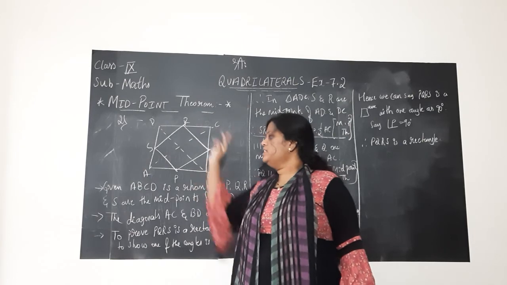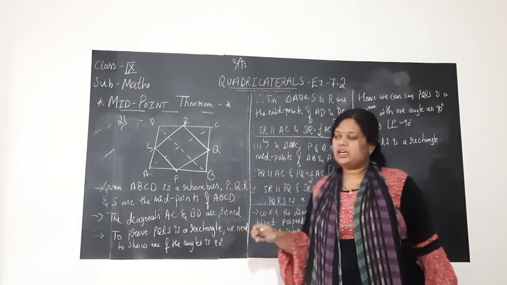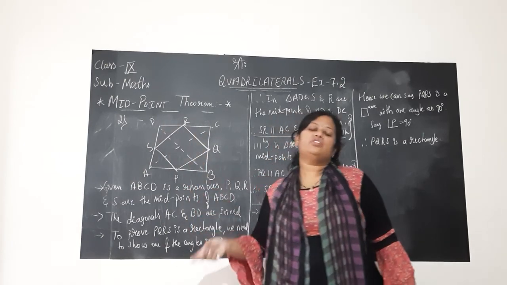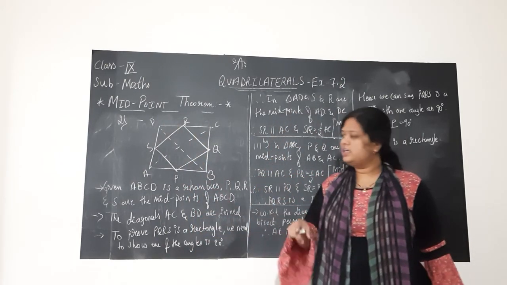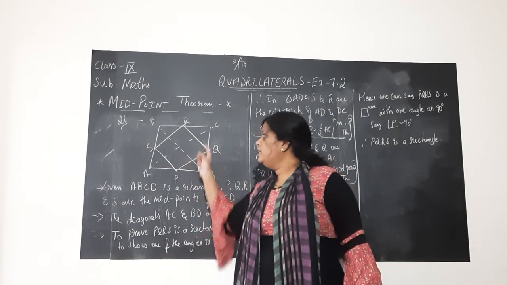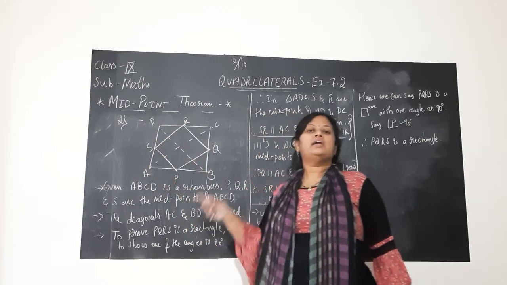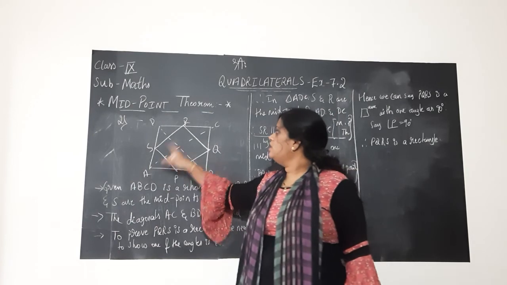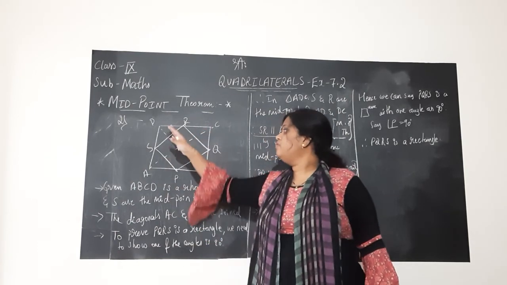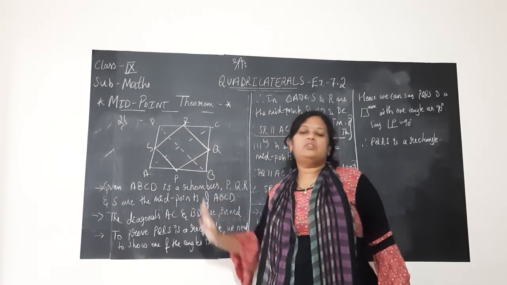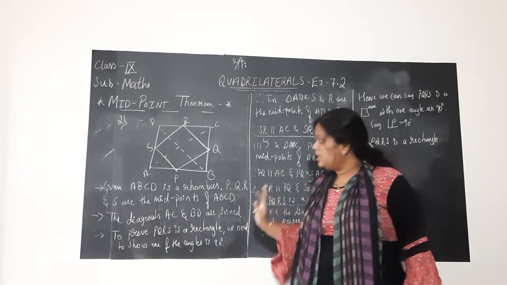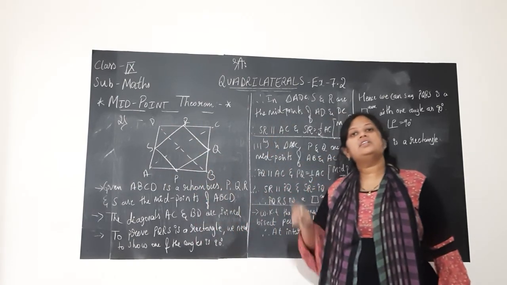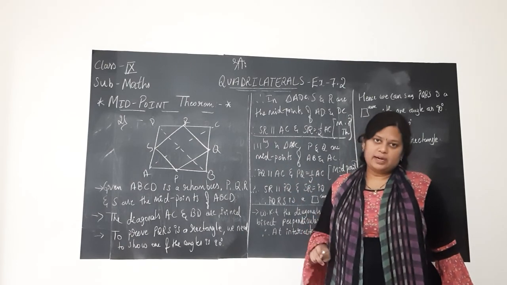Now ABCD is a quadrilateral, the same thing as we explained in the previous problem. P, Q, R and S are the midpoints of the sides AB, BC, CD and DA of the quadrilateral. In turn we got one more new quadrilateral inside, PQRS. And AC was the diagonal which we drew there, which divides the quadrilateral into two triangles, isn't it, children? But in this problem we are considering both the diagonals, AC and BD as well.